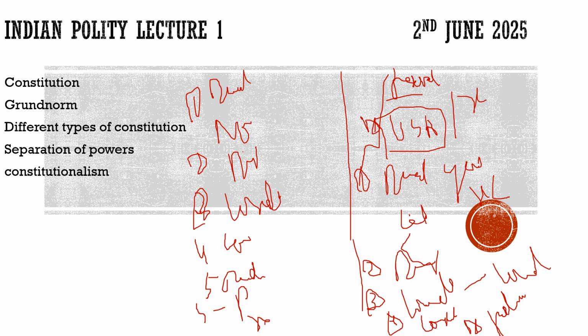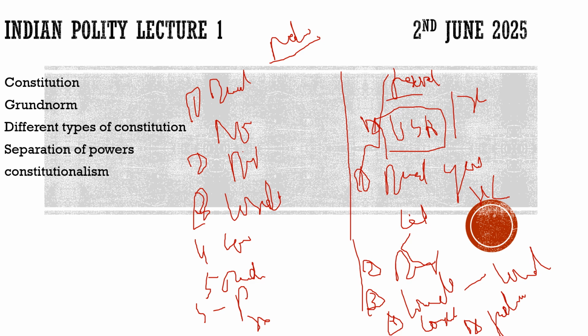Now the real question is, why did I create all this confusion? First I said we have all this, then I neglected my statements. I am saying that we have these problems in it. So what is the real question here? What is the nature of our constitution? What is the nature of the Indian constitution? That is the real question.